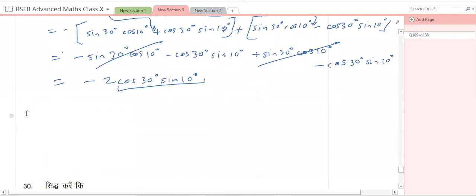Sine and cos mixture is a half angle formula. You can use the half angle formula here. So if we say from before, note sine x cos y is equal to half sine x plus y minus sine